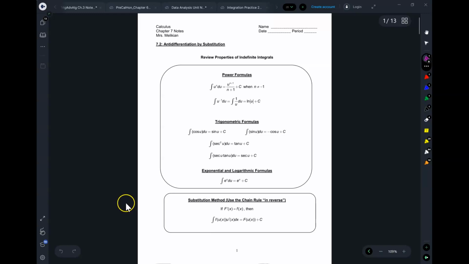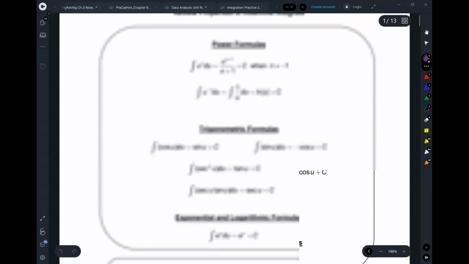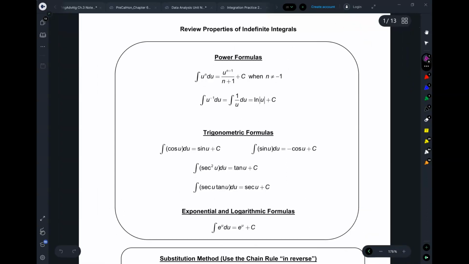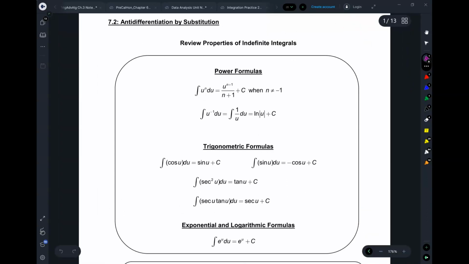This first page is exactly what you had in the other chapter that you memorized and took a test on and so forth. And now we're going to use it even more. So in the last chapter, we started integrating functions, but it was all just basic